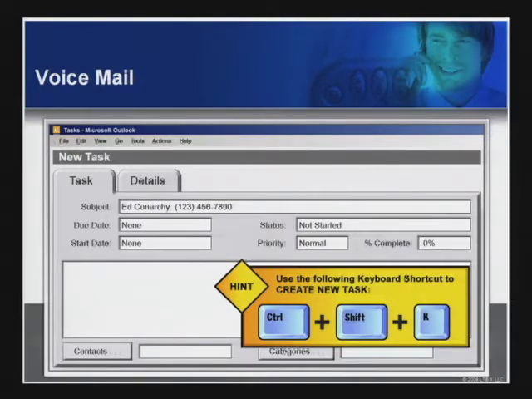Control-Shift-K on your keyboard. Control-Shift-K creates a next task. Control-Shift-K. It's right there on the PowerPoint slide that you have in your book. So,